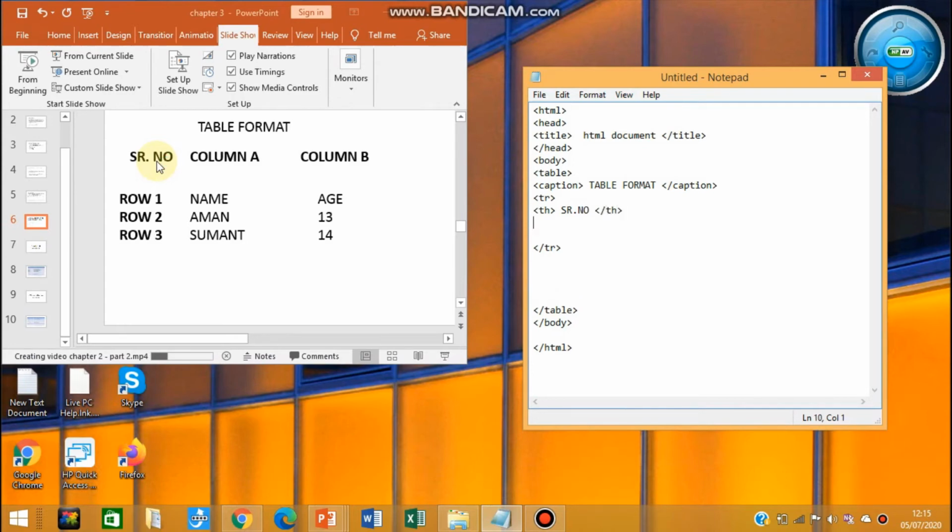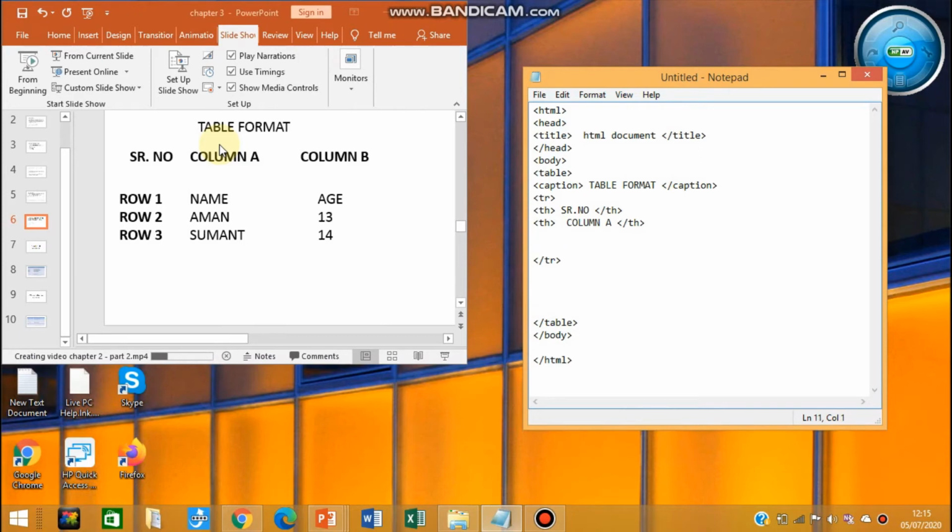The next content is also a heading, so for that also you will use the TH tag. What is the next content in the first row? Column A. Again you have to close that tag.